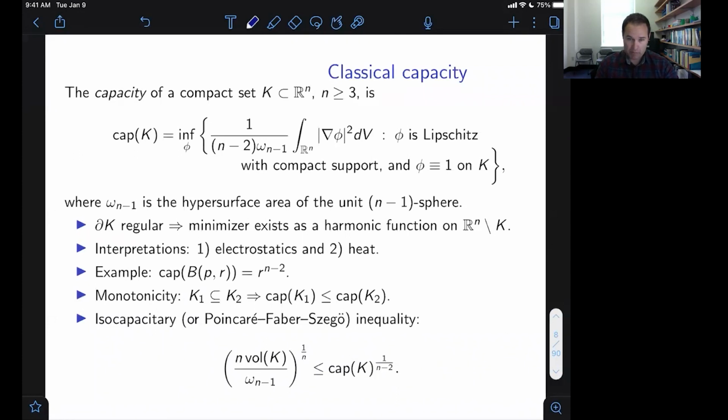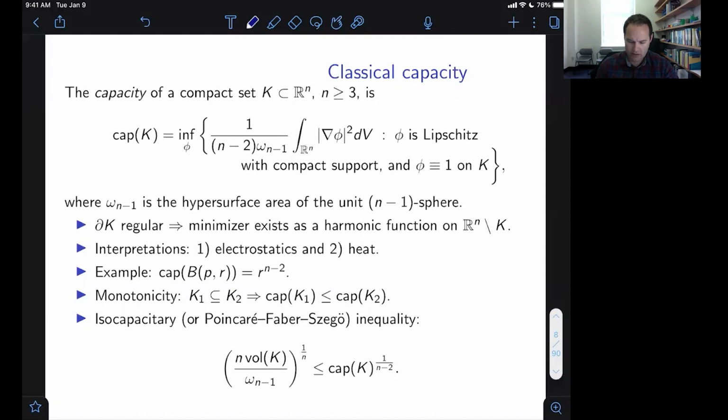Actually, there's basically an isoperimetric inequality for capacity. So it says the capacity is bounded below by the volume once you scale everything appropriately. Nowadays, this is often called in the literature the isocapacitary inequality. And of course, please interrupt me with questions. I can only see a couple of the screens at any time, so please just speak up if you have any questions.